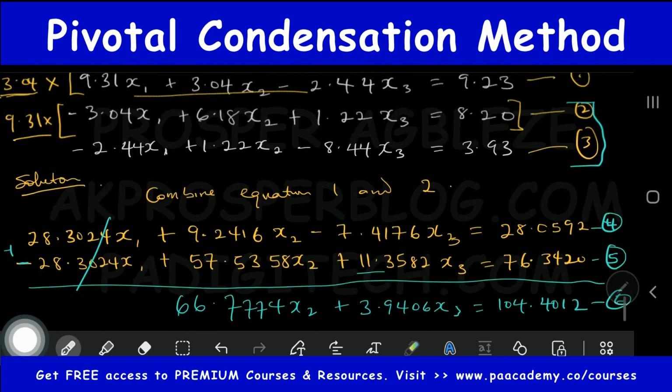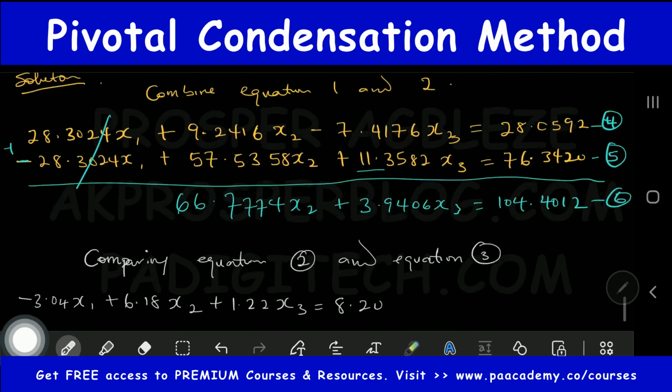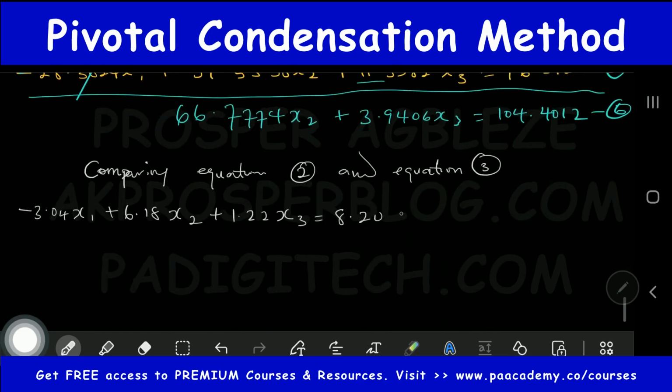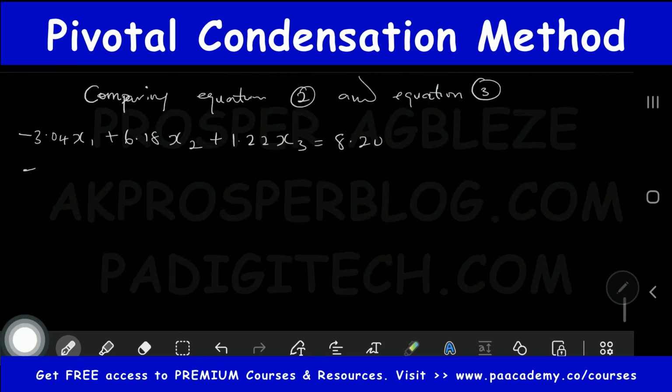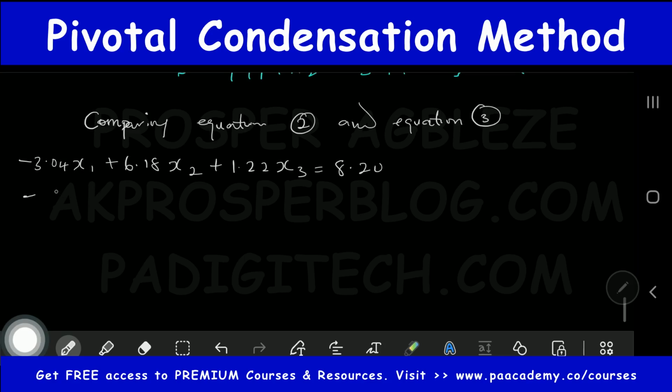All right, so what I'm just trying to do is to rewrite our equation 2. And then remember, our equation 3 is minus 2.44x1 plus 1.22x2 minus 8.44x3 equals to 3.98. All right, so for us to do this, we are going to multiply everything that is here by